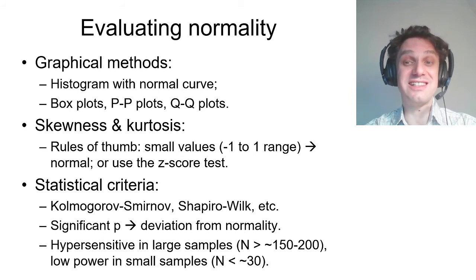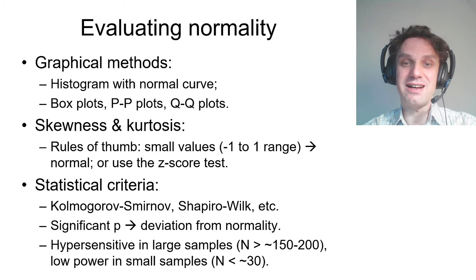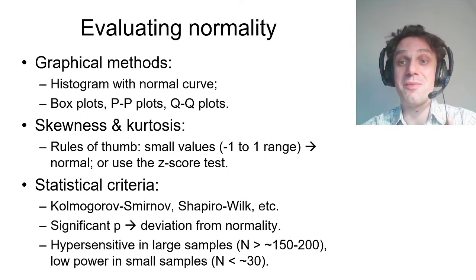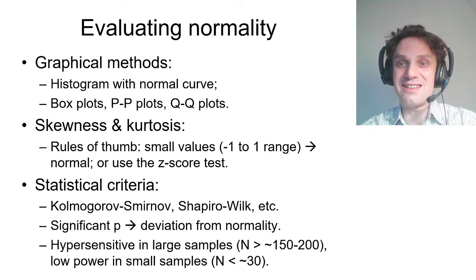Of course, there are also statistical tests available that can tell us whether our distribution is normal or not. The most familiar in Russia is the Kolmogorov-Smirnov test, but there is also Shapiro-Wilk and other newer statistical approaches. These tests basically test the null hypothesis that your observed distribution equals the expected normal distribution, that your sample comes from a population with a normal distribution, and hence, if the value of the Kolmogorov-Smirnov test or Shapiro-Wilk test is significant, it means